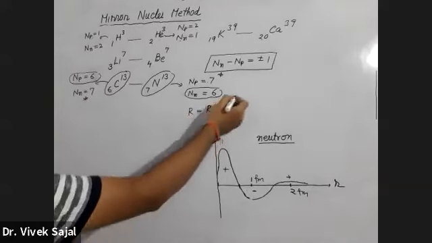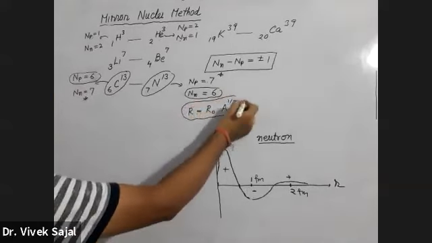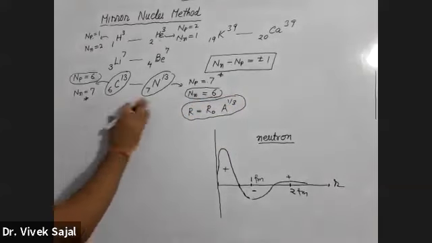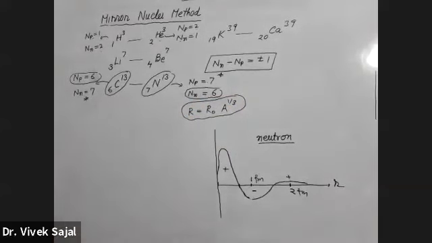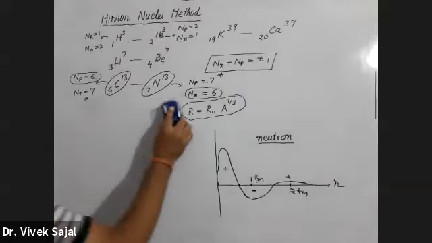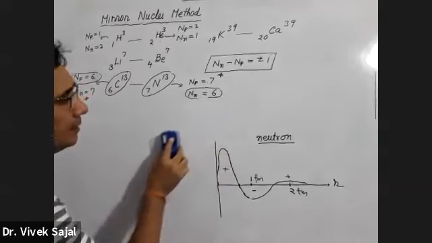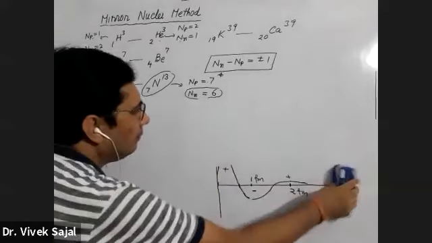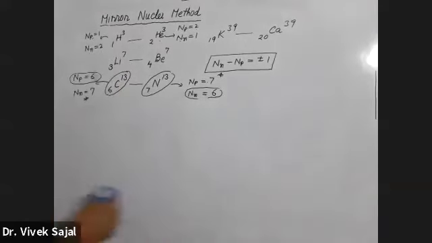But this is an approximation formula. We want to find out a more accurate result with the help of mirror nuclei. But we are aware that their radius will be same. So for this, we will choose a beta reaction. What is the beta reaction?